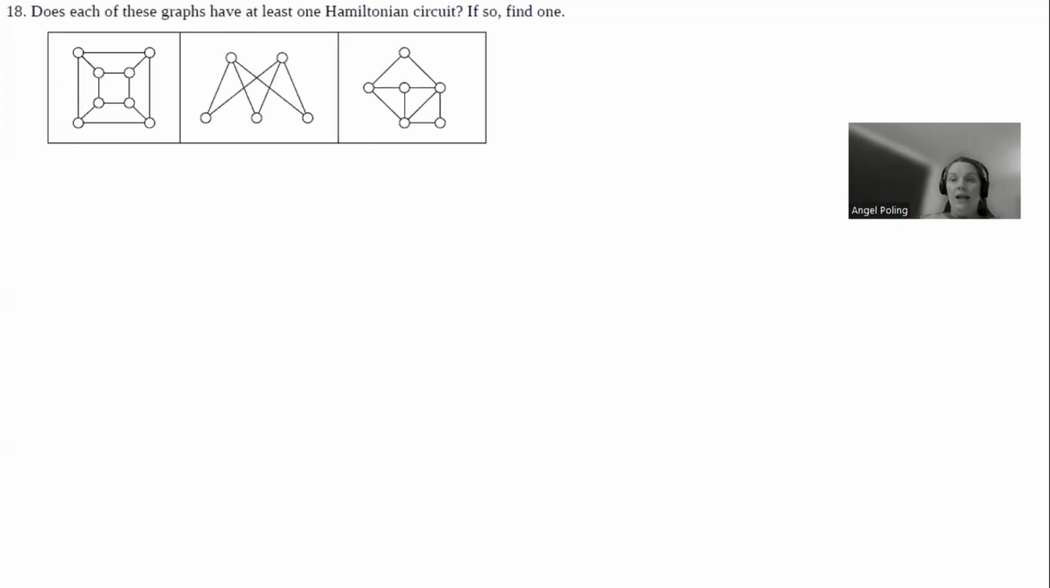Okay, now Hamilton circuits. Does each of the graphs have at least one Hamilton circuit? If so, find one. On Hamilton circuits, we'll do a little trial and error. We can, in fact, draw a Hamilton circuit. The Euler circuit wants you to draw every edge. The Hamilton circuit wants you to visit every node. So they have different